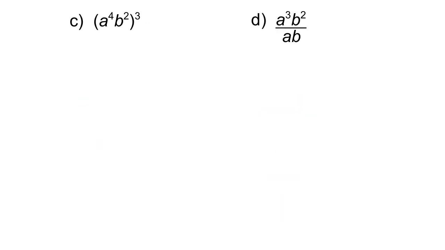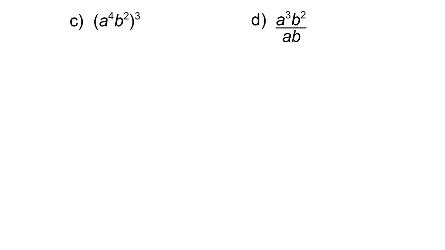Here are some trickier looking ones. They're trickier because now I have more than one base. These bases are not the same. So I can't use my rule here to somehow combine these exponents because I'm not multiplying powers with the same base. These are different. But whatever is in the brackets has an exponent of 3. So I can think of this as a to the exponent 4 to the exponent 3 times b to the exponent 2 to the exponent 3. So I have a power of a power